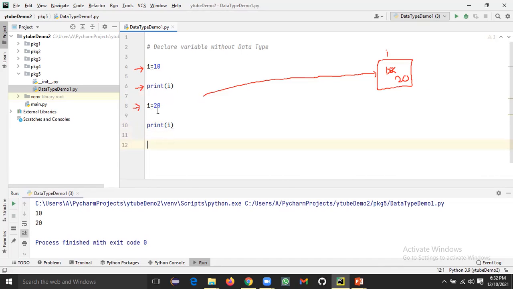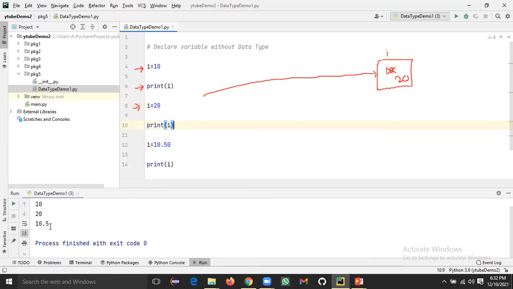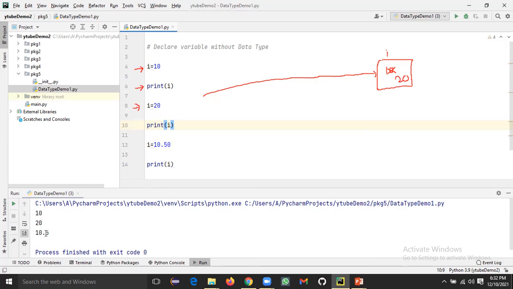So this value is integer, this value is integer. But in Python, this is very interesting. We can give another value of another data type to the same variable. Okay, so how is this possible? Let's say 10.50. Now this is again a float data type. Okay, so let me run it and see what value it is printing. If I say print i, and if I run it again, it has allowed me to change the value to 10.5. Now if I want to change it to a string, let's say